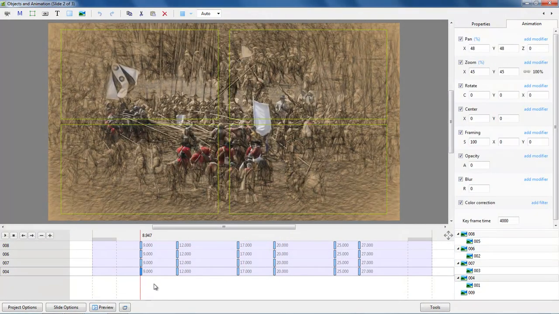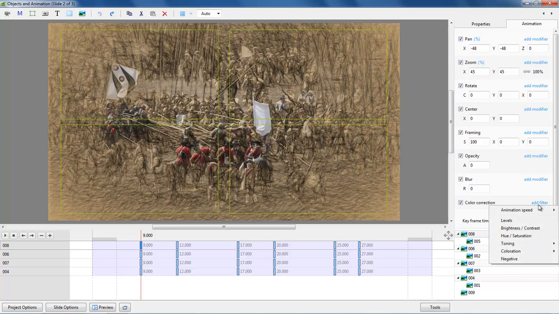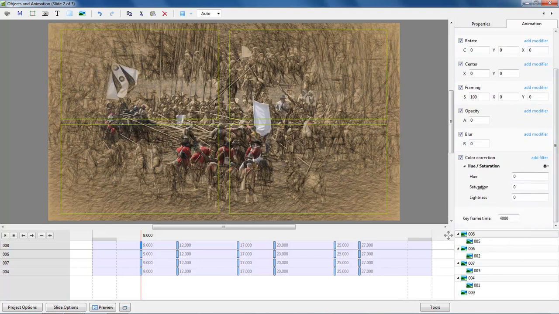But to change the first 4 images to monochrome, all I need to do is to go to these 4 keyframes and take away the color. So let's do that. Unfortunately, unlike the animation, if I select all 4 of those keyframes, the color correction filter here is grayed out. I do have to do these individually, so we'll just select them one at a time, and I'll go to my color corrections, add a filter, choose hue and saturation, and just click the saturation and